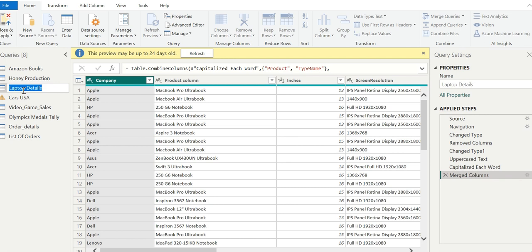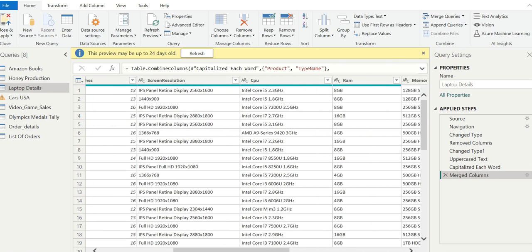So this particular table has over 1000 rows of data. The first column tells about the company name, which is the manufacturer of the laptop, and then we have some other columns including the size of the laptop in inches, and then we also have the price of the laptop.